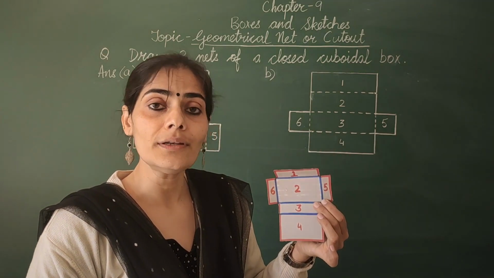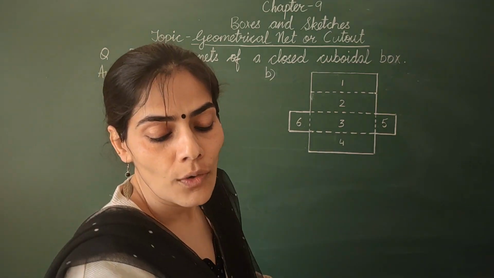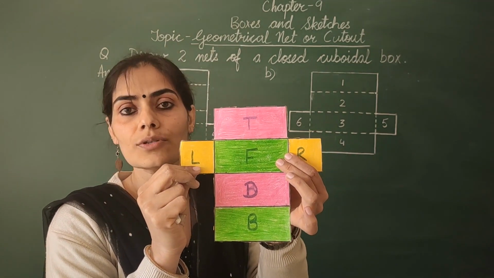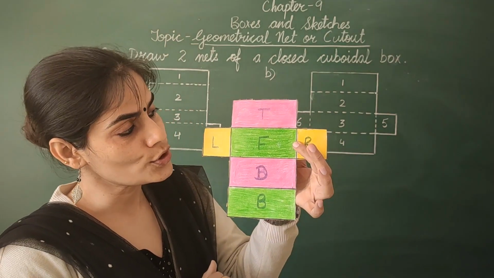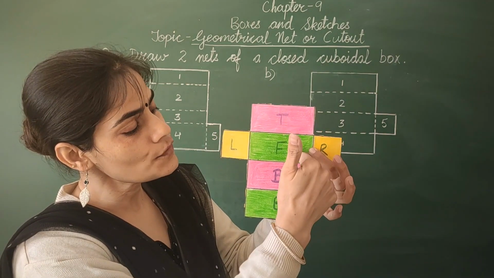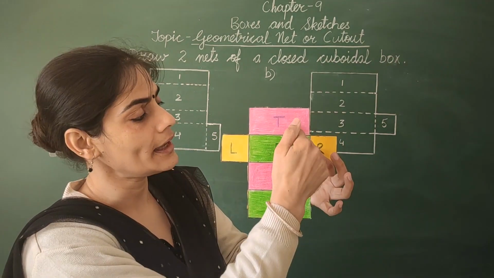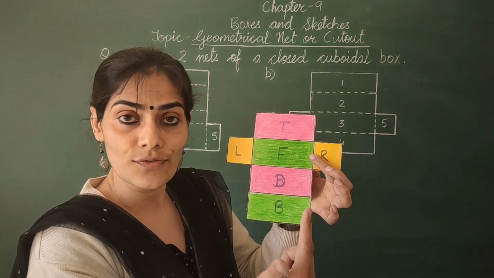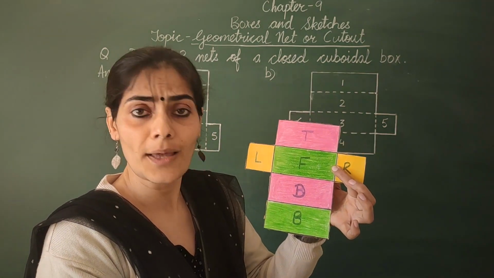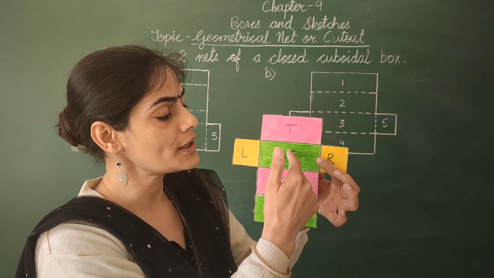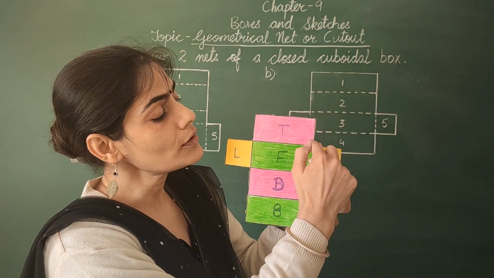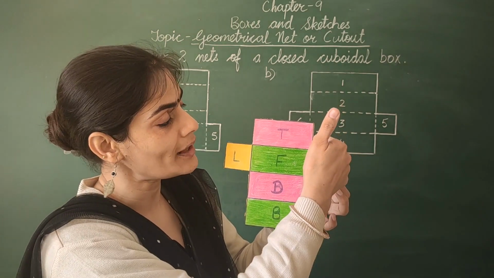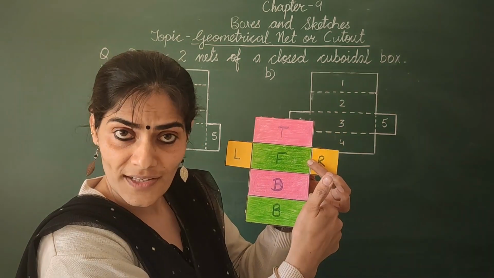Then what would happen? Let me show you one more cutout. So this is the cutout I was talking about, and what do you observe? That these 4 faces in a line, they are equal rectangles. So while drawing the side faces, again we will keep the same thing in mind. I have drawn it beside face 2. So the length of the side face will be equal to the breadth of face 1 or face 3 because they are equal.